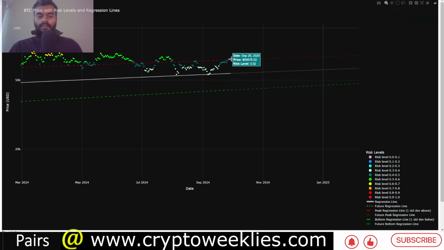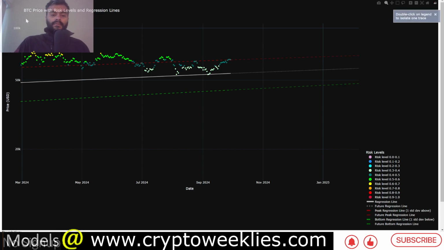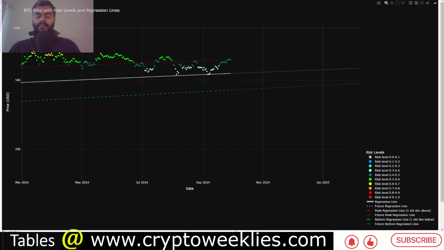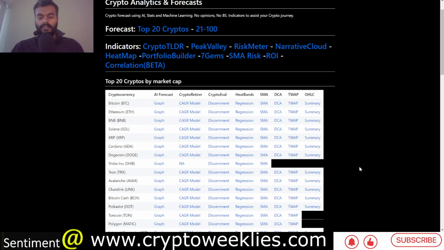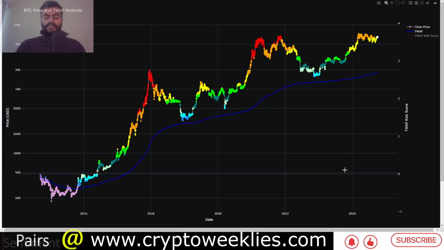Again, per this model, for Bitcoin, the risk level is at around 0.52. Again, a 50-50 chance that Bitcoin is close to its eventual peak. At this point, Bitcoin is equidistant from its eventual peak and its eventual bottom, so in the middle of its rally. The last but not the least is the time weighted average price based analysis. This provides a perspective on what the time weighted average price for Bitcoin is. This is the blue line. Per this model, the time weighted average price for Bitcoin is